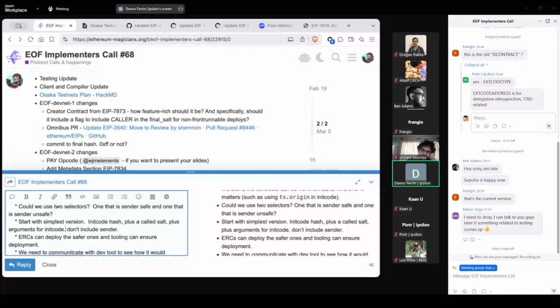Yeah, I think we're trying to get rid of those hokey steps so we can optimize some of the create 3 operations. So we don't have to, because we can't self-destruct in EOF. Yeah, I think that's just more cleaning up.